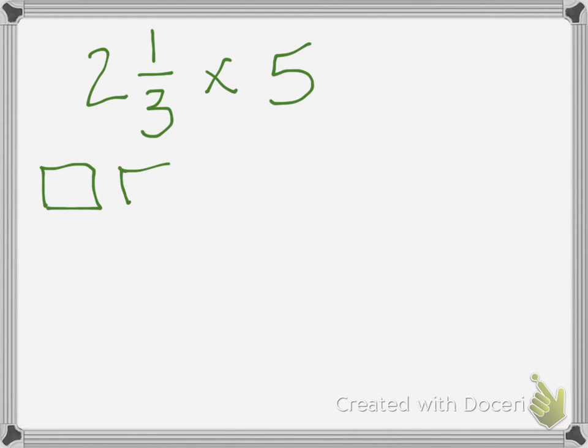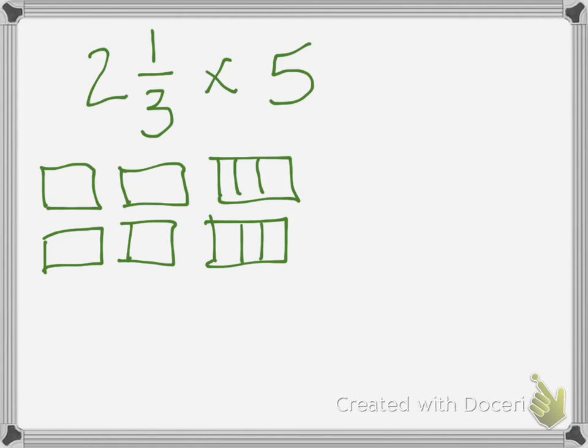This next problem that I'm going to show you is 2 whole and 1/3 multiplied by 5. So on this one I'm going to go ahead and draw 2 whole and 1/3. There's one group. 2 whole